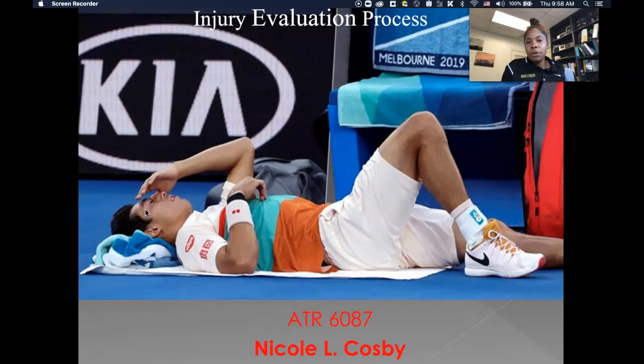Part 1 will involve discussing the history, inspection, palpation, and special test process, or what we would call the HIPS process. Part 2 will be focused on movement-specific evaluative techniques, so range of motion, both actively, passively, and manually. And then part 3 will end the series just discussing some key anatomical terms that we all as healthcare practitioners